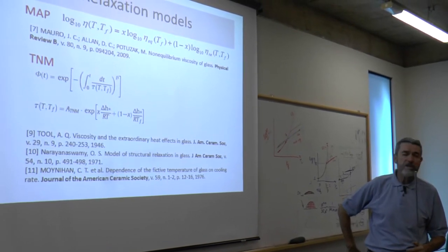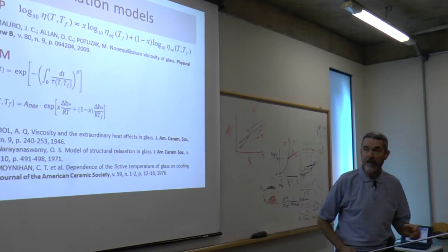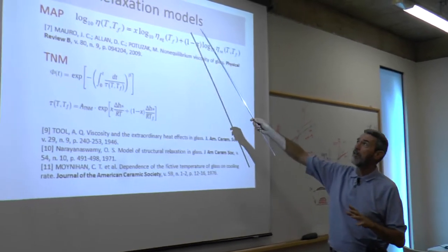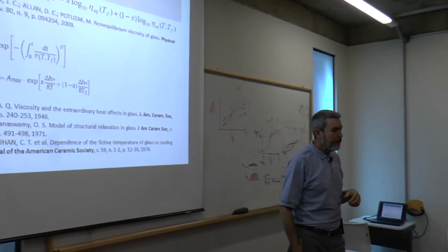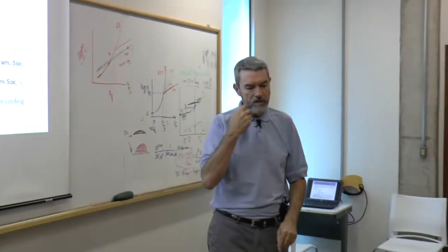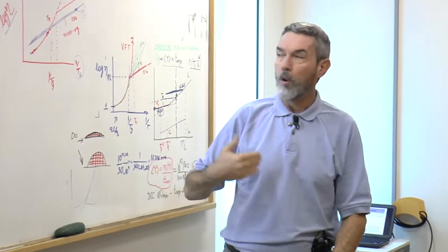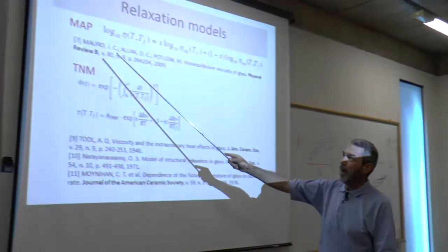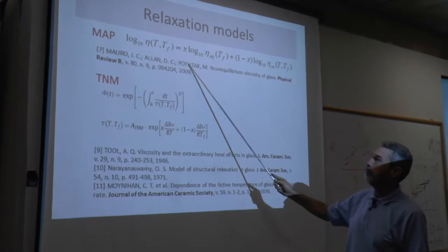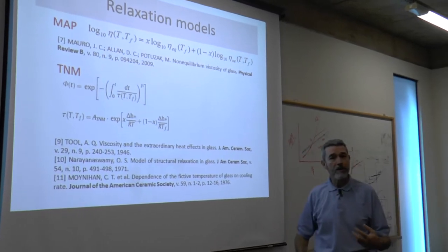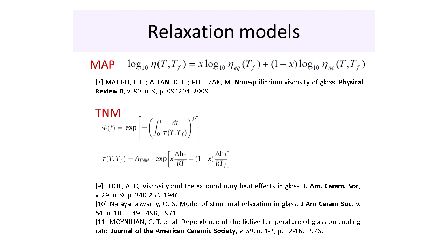Oh, before, just a second, before I give you the result, I'm going to stop for a second to say that there are several relaxation models. One is the classical Kourosh relaxation model, which uses a single value of viscosity, but there are more accepted modern relaxation models, and I'm going briefly to talk about two. The MAP by Mauro, Allen, and Potuzak, published not long ago, 2009, and then they have some other papers improving somehow this model, but this is the basic equation, says that the